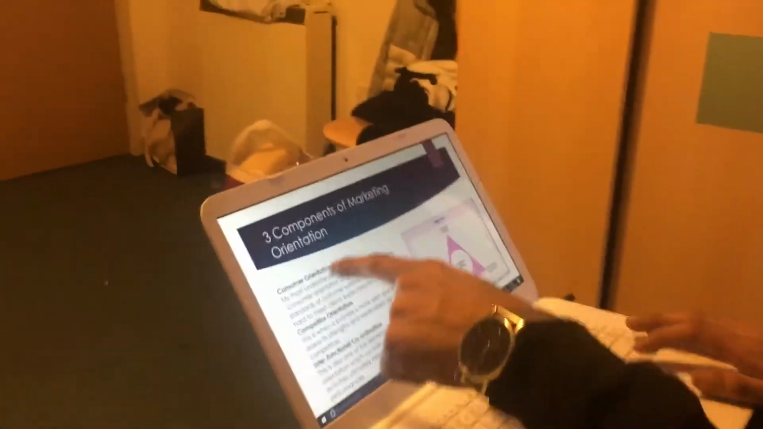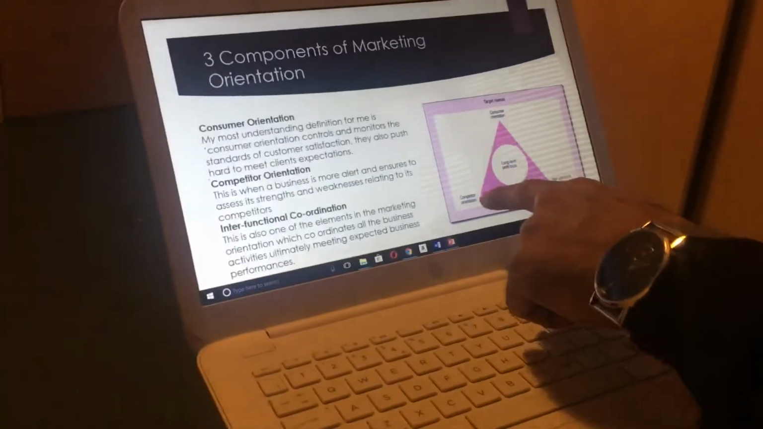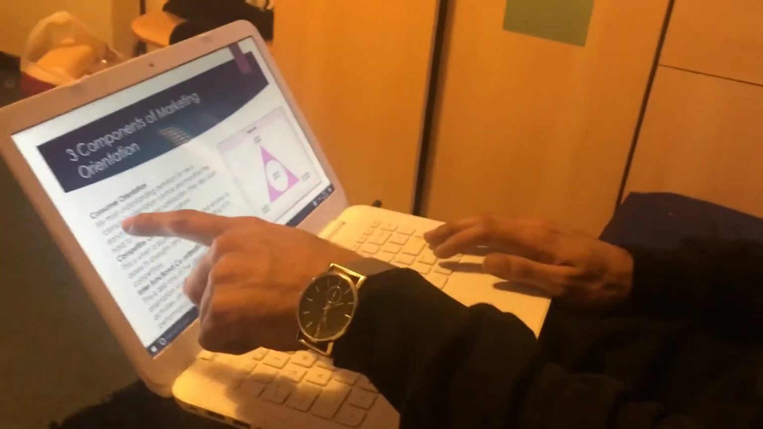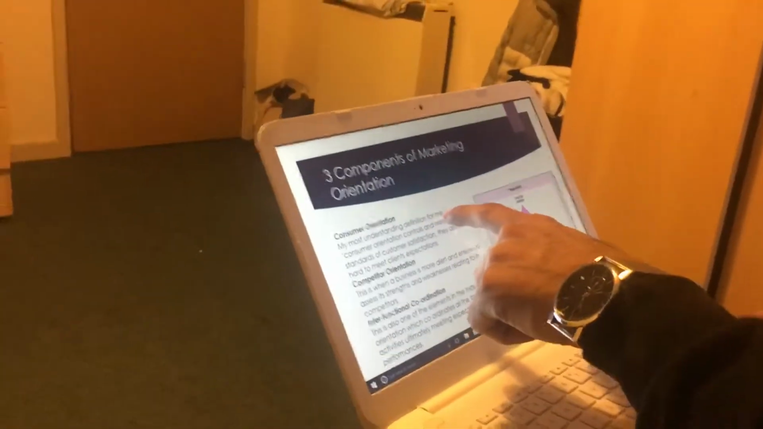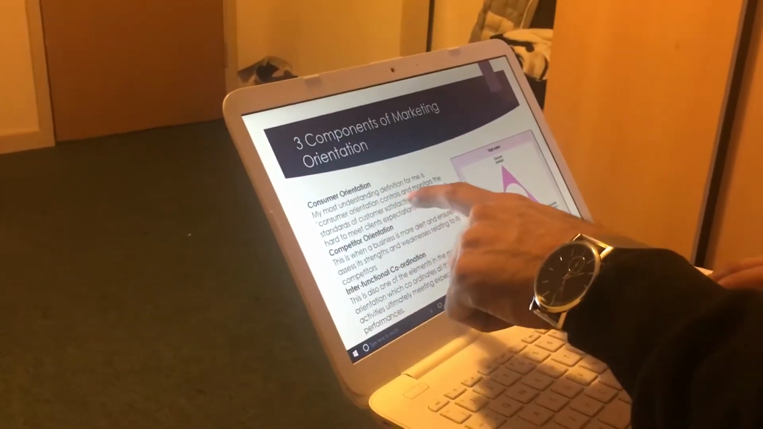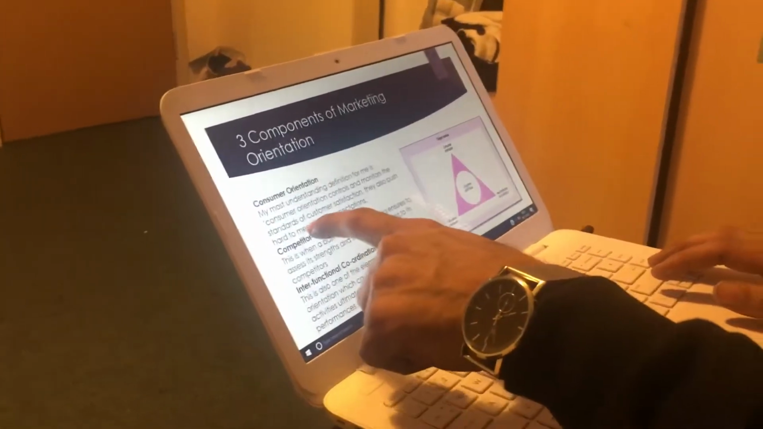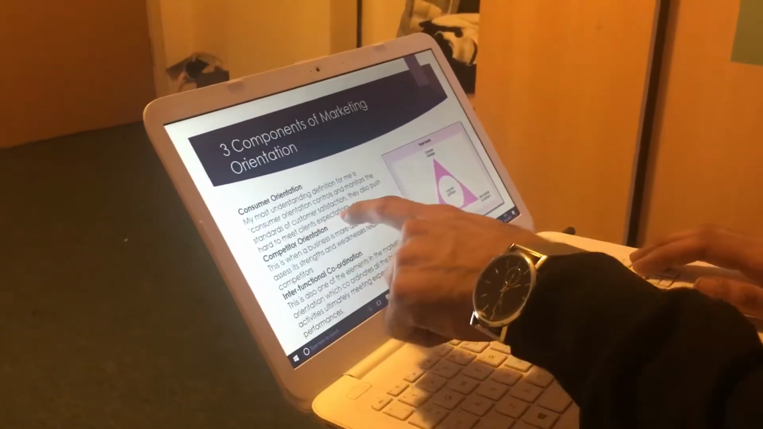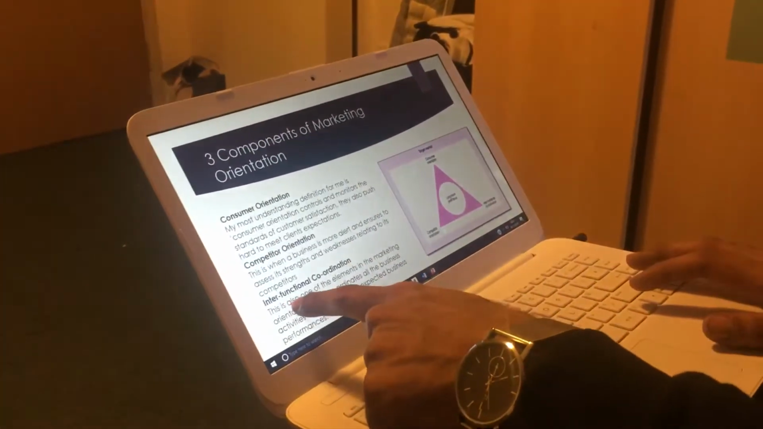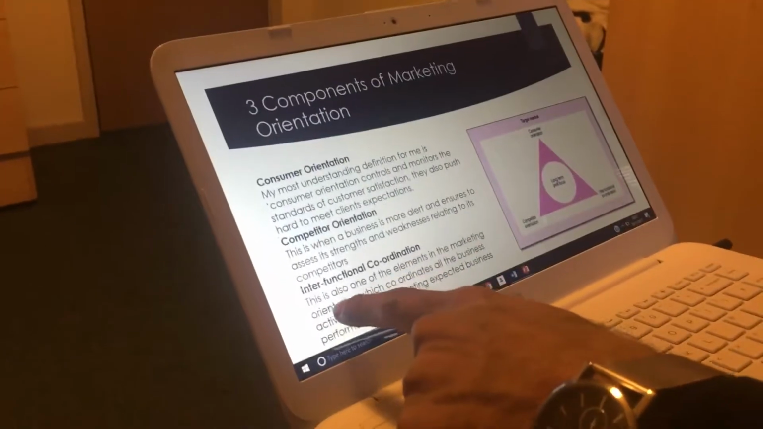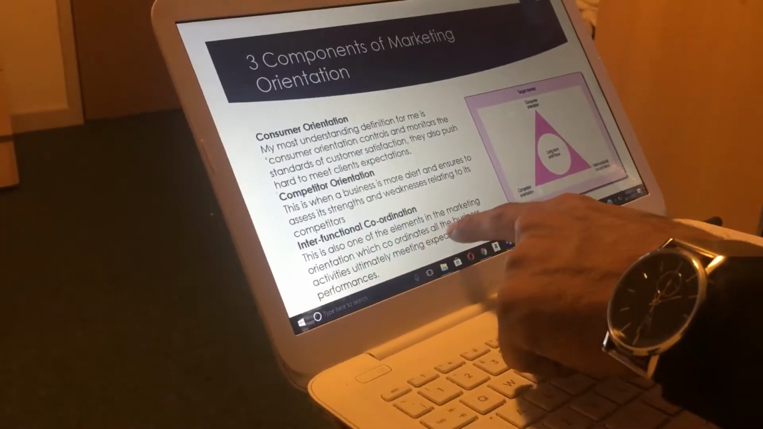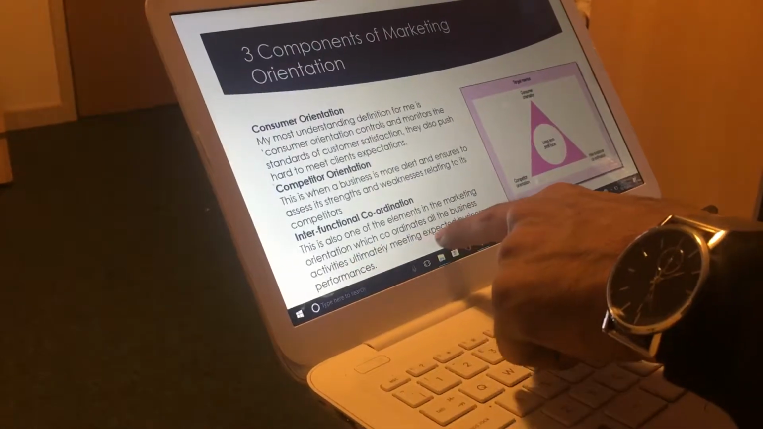3 components of the marketing orientation. Here I included a triangle which showed this on the target market. Consumer orientation: my most understandable definition is that consumer orientation controls and monitors the standards of customer satisfaction. They also push hard to meet clients' expectations. Also, interfunctional coordination is one of the elements in the marketing orientation which coordinates all the business activities, ultimately meeting expected